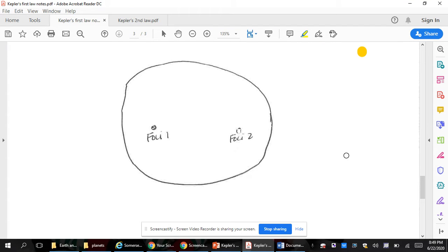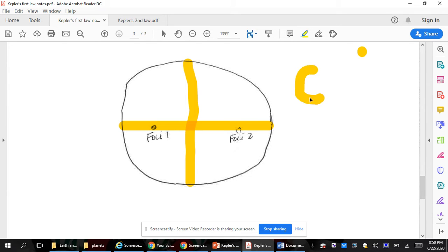Okay, we're going to do the last two problems on your note sheet. So again, we draw a line down the center from the top to bottom. We draw a line across from side to side. So remember, we need to find C. So C is the value from this focal point to the center. That value, if you measure it, is about